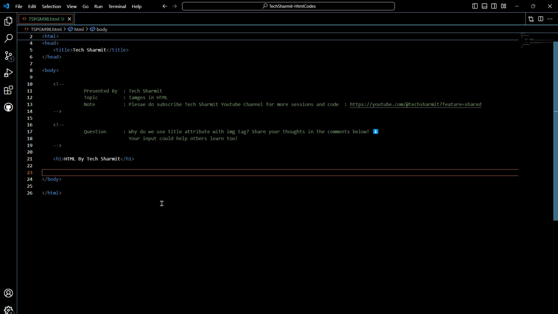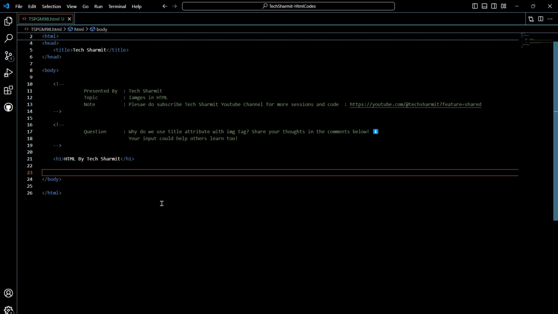In this session, we are going to talk about a process through which we can convert an image to a clickable entity. Or you can say, we are going to talk about a procedure through which we can make an image a link. Okay, so prior to this session, we have already discussed various other things related to images,